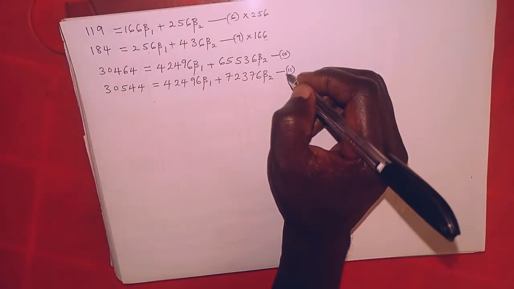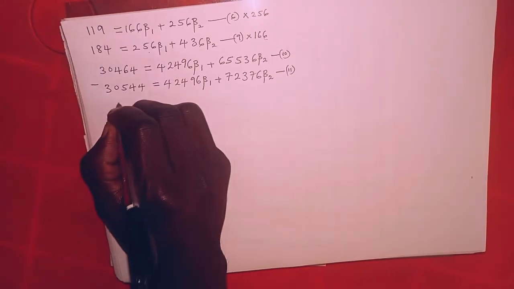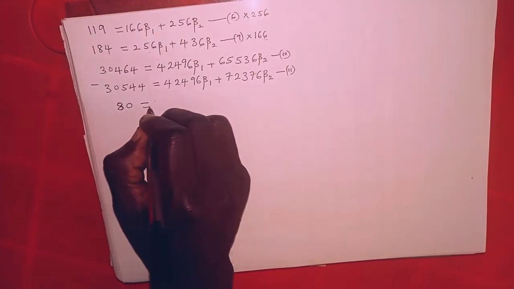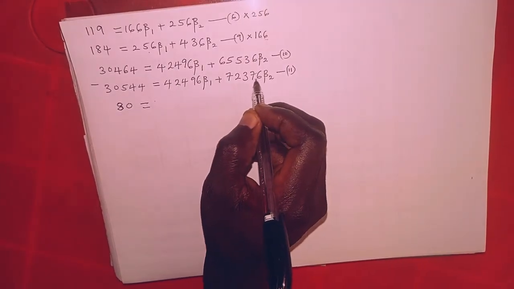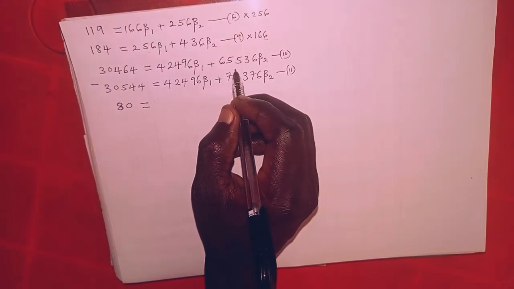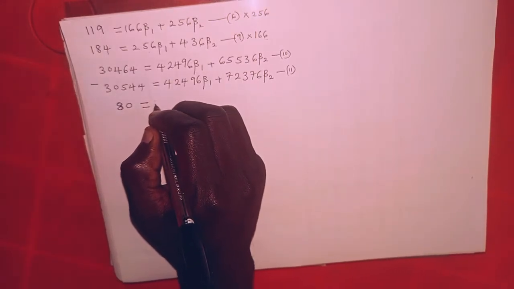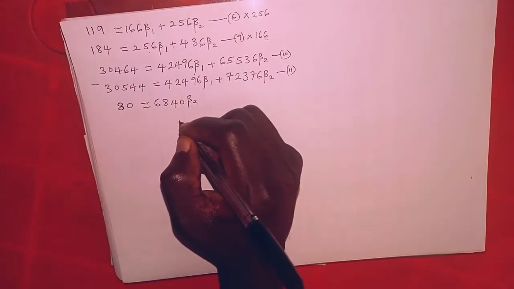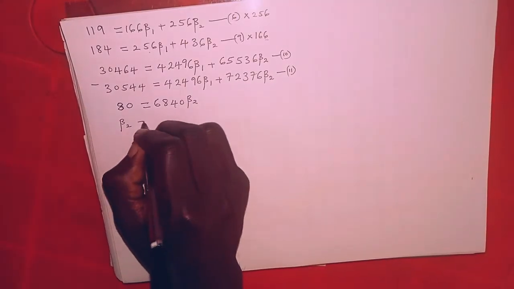If you subtract equation 6 from 11, that is, we minus this now, subtract that, we have 30544 minus this, so that should give us 80 equals to this minus this cancel each other. Then we have 72376 beta 2 minus 6556 beta 2. So that will give us 6840 beta 2. If you make beta 2 the subject here, we're going to have beta 2 to be equals to